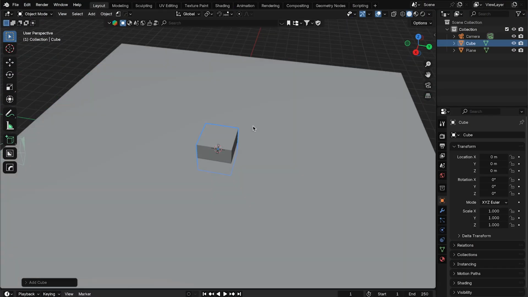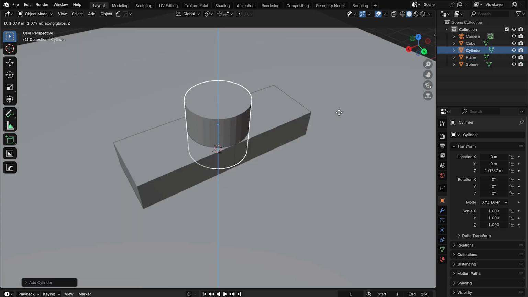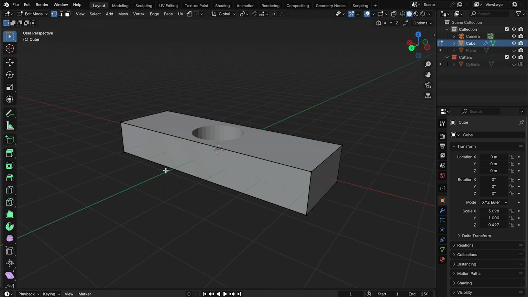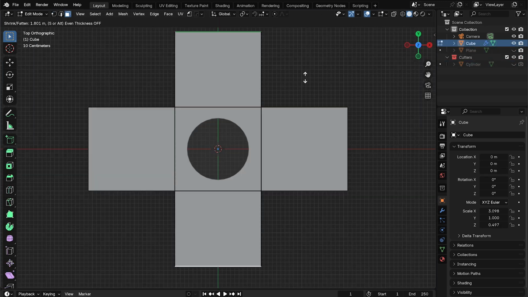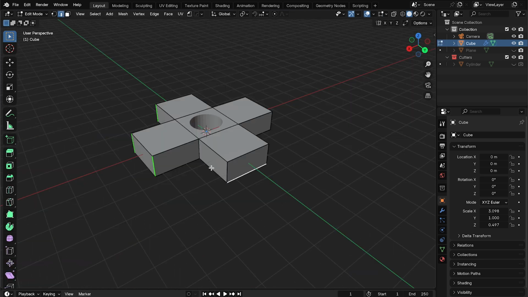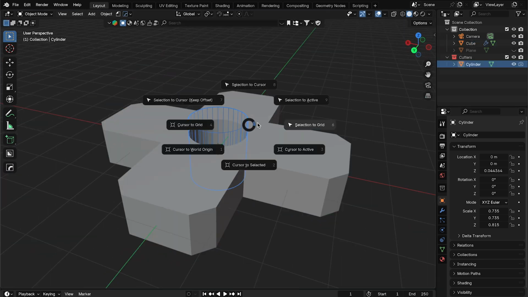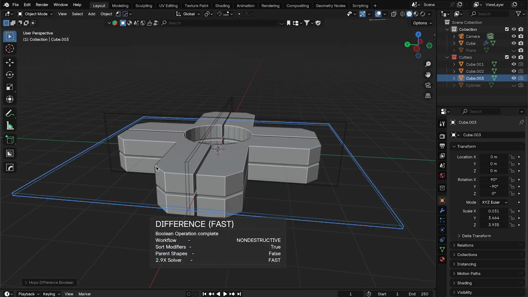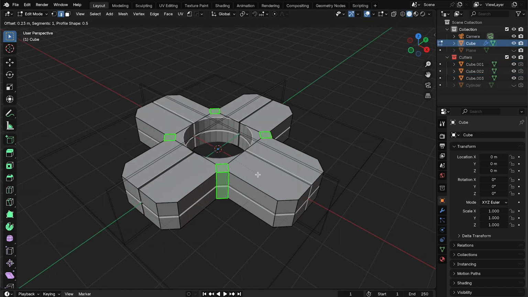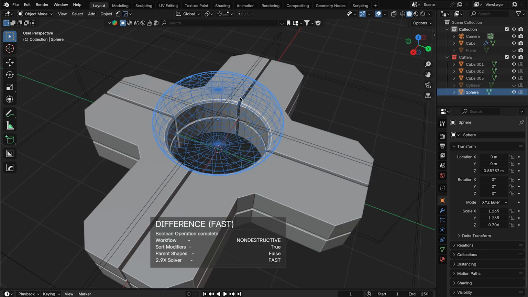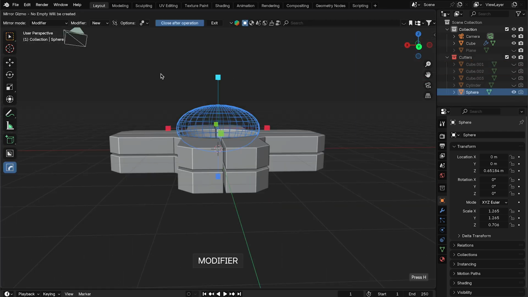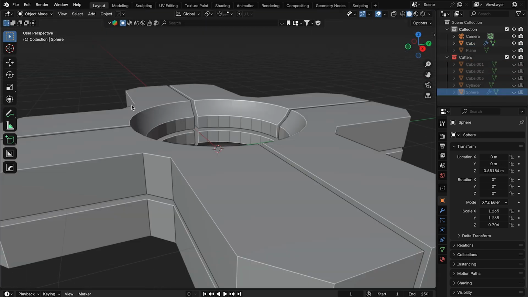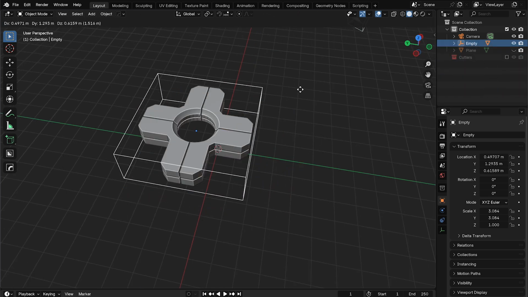So I started off by making this weird pillar sort of thing, just modeling around a bit. I didn't exactly know what I wanted to make at the beginning, but I kind of knew the sort of shape I wanted it to be. I wanted it to be like a cross, kind of like an X, and I was just using some booleans to add some cuts. And then I parented everything to an empty, so I could move all the booleans and the main object together